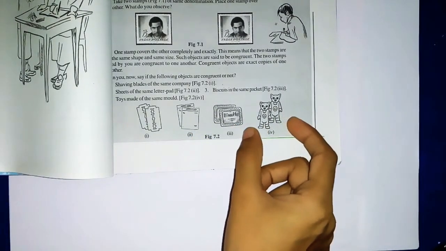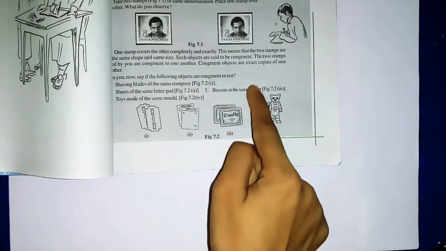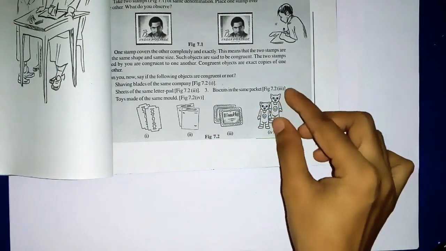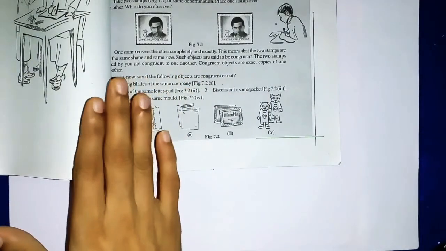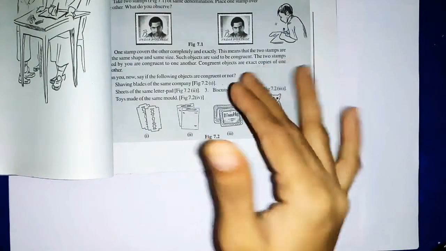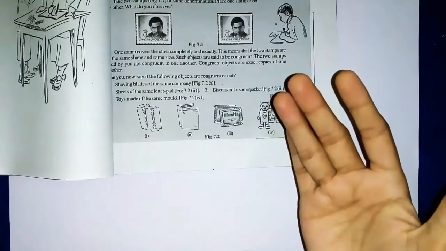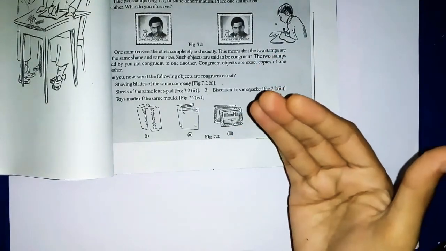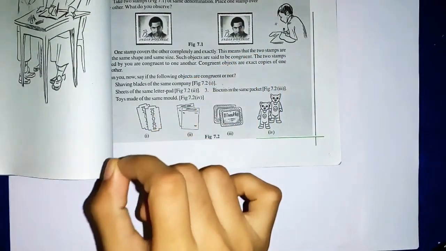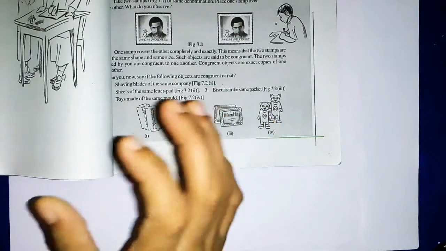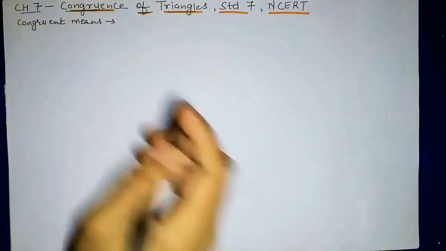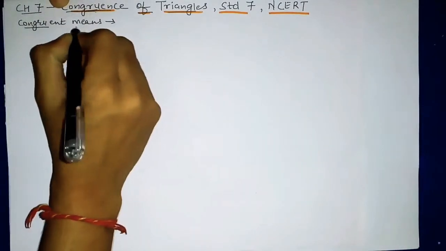These two toys, okay, this is also one more example given to you. So these two toys, they are exactly same in shape and size. So these are some examples. There are many more examples in your everyday life. If you look around, you will be able to list out many more examples which are congruent to each other. So this was about congruent. So congruent means when the objects are same in shape and size, they are called congruent to each other. Now the meaning of congruent is clear to you.